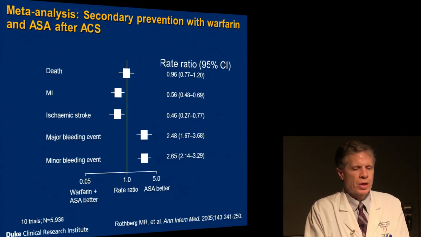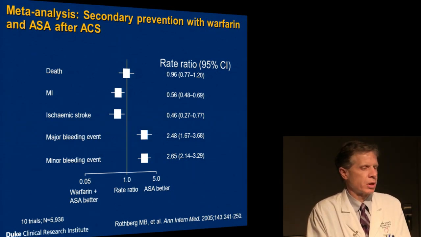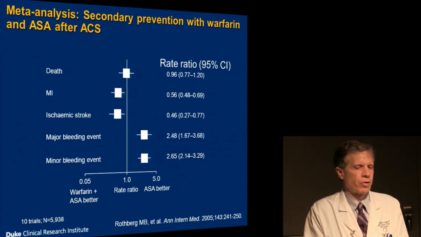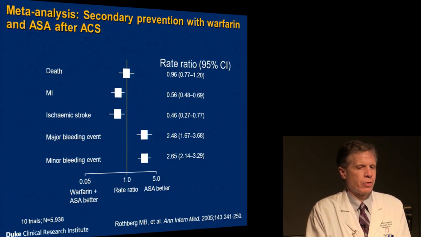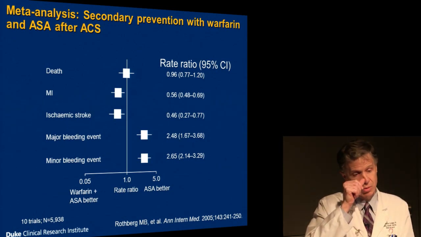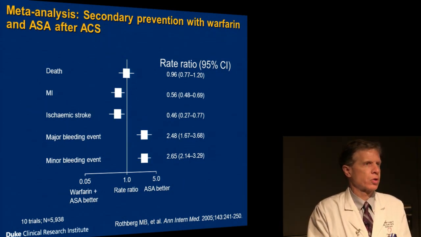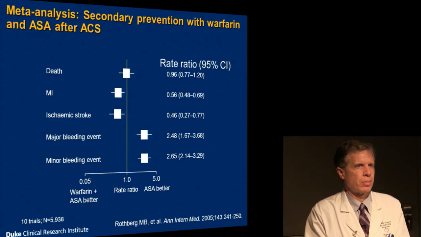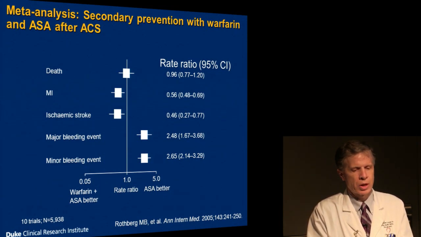And we actually do have data with warfarin that warfarin prevents myocardial infarction based on the overview of randomized trials of warfarin versus control for patients with acute coronary syndromes. But the problem is it comes at the risk of bleeding. And these trials were before the use of clopidogrel and the other more potent antiplatelet agents. So this has not made its way into practice,